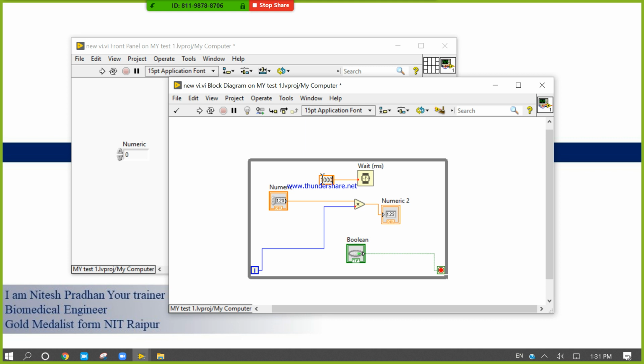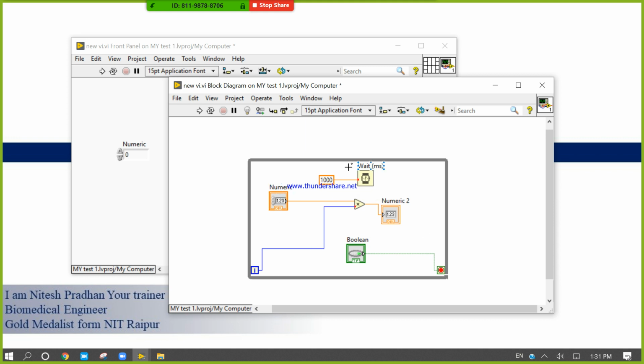Now this loop will iterate with a frequency of 1 hertz. It means it will iterate once per second. Okay, why? Because here I have given a 1000 millisecond wait.